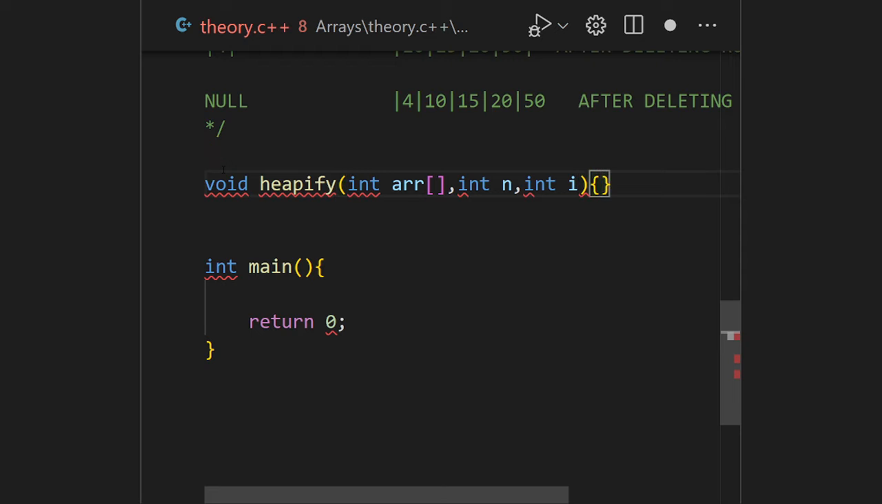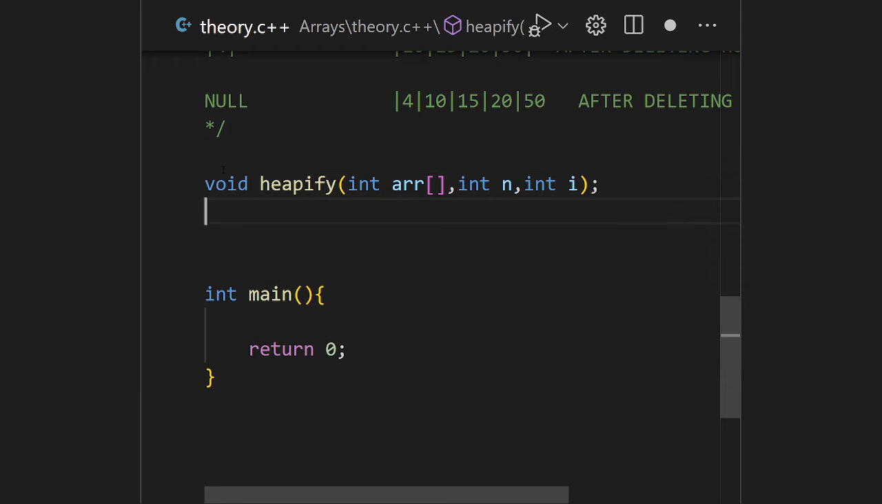Why the ith index? Because we start the heapify function from its root. We start the heapify function from its root and compare all the elements on the left side and right side with the root element, and then swap the elements. That's why we have to call the heapify function from the root. The second function we would require here is